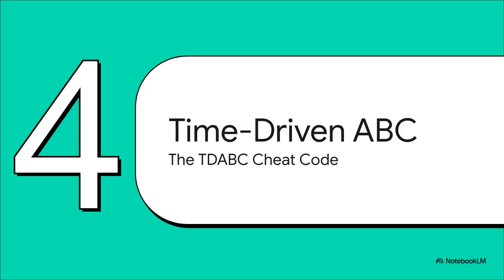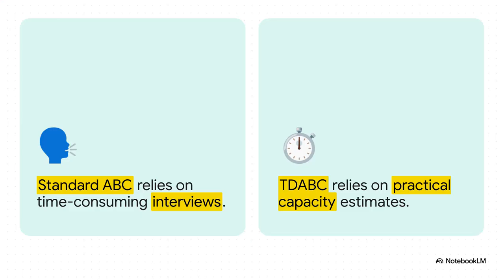Which brings us to Section 4, enter time-driven ABC. So here is your cheat code to solve all those ridiculously expensive measurement and behavioral flaws: time-driven ABC, or TDABC. This is such an elegant solution because it completely eliminates those subjective, fear-inducing employee interviews. Instead of constantly asking employees, hey, how do you spend your time? Management just uses a practical capacity percentage. For example, they might just mathematically assume employees are actively serving customers 80% of their available time to account for normal things like breaks and training. This totally bypasses the costly interview process and takes all the pressure off employees to hide their downtime.